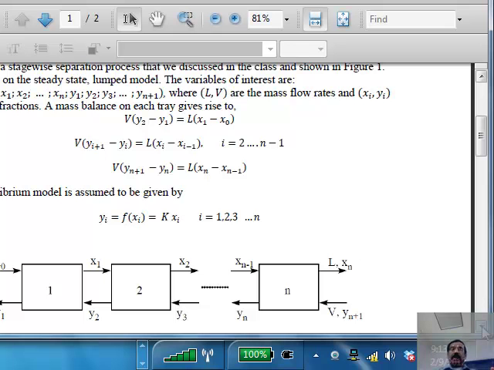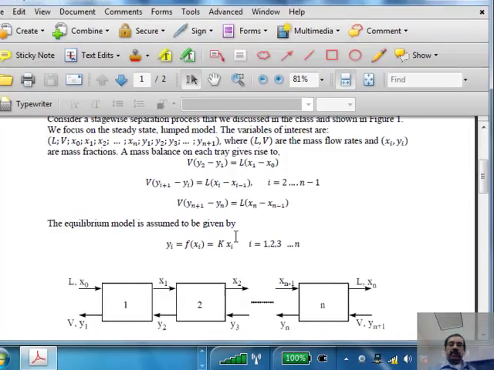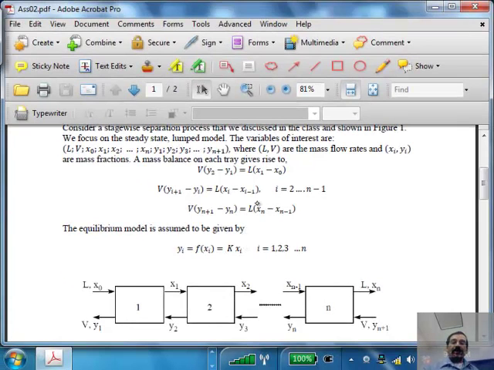So these are the equations, and your question is pertaining to what do you do with the second equation. The second equation is actually a set of equations. That's where the generalization actually occurs. The first equation is for the first stage, and I guess I should have opened this.